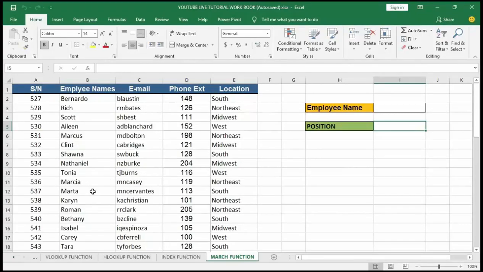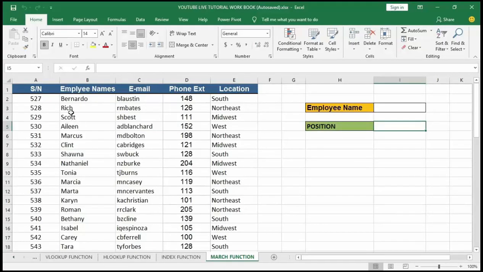With the help of the MATCH function, we can fix any cell position and use that along with the INDEX and VLOOKUP functions with proper output. Now let's go into details on how to use the MATCH function in Excel. The MATCH function in Excel is very simple and easy to use.